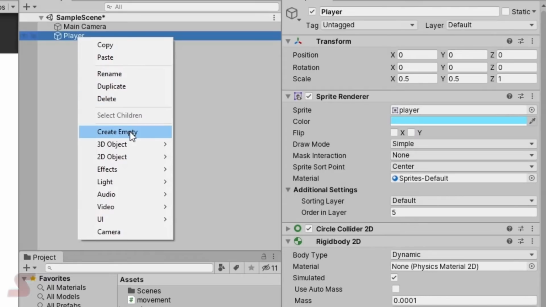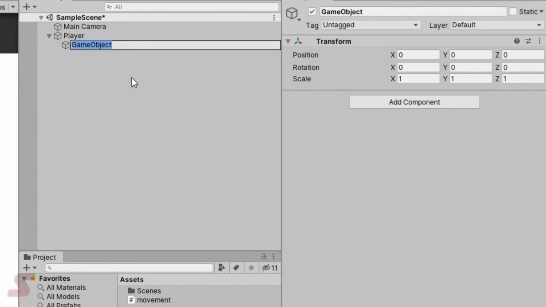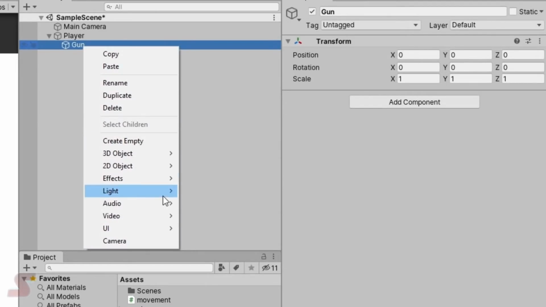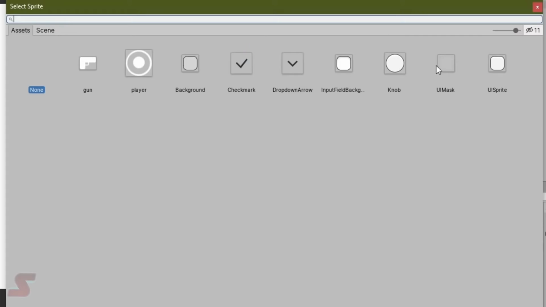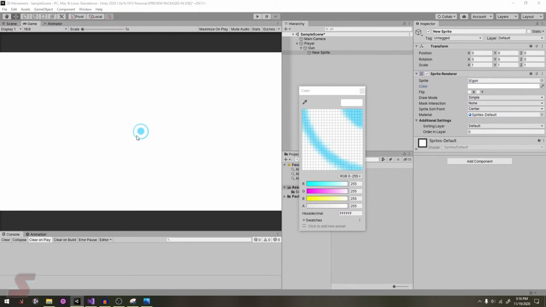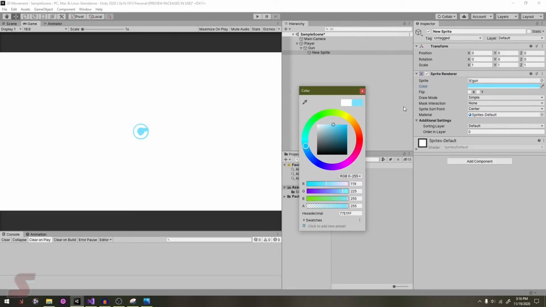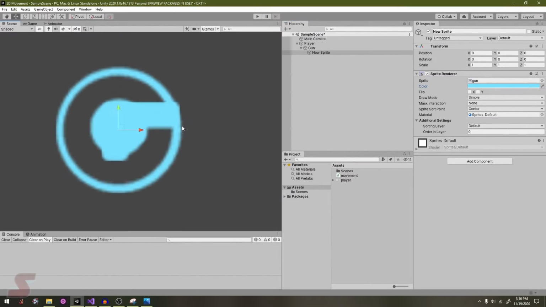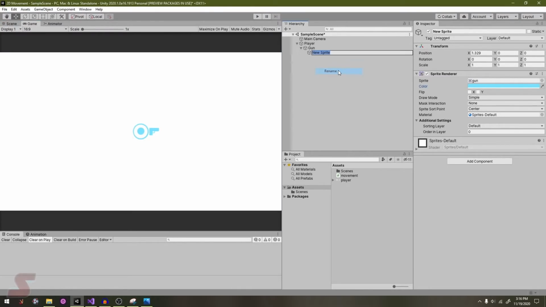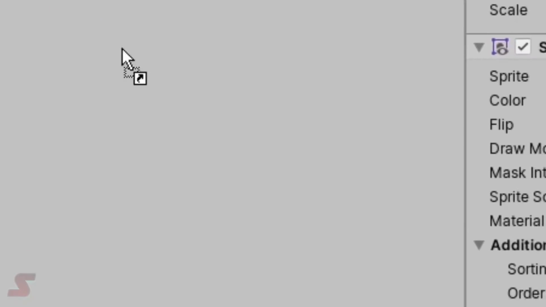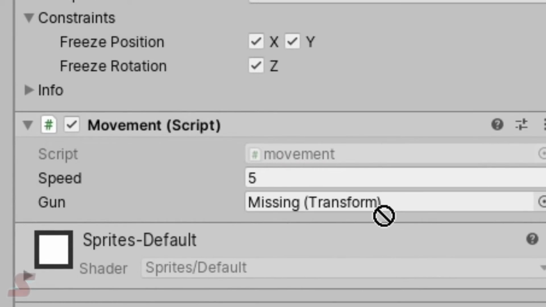So I'm going to right click on the player, press create empty, and rename this to gun. And I'm going to right click on this, go to 2D object, and create a sprite that I'm going to select the gun sprite with. I'm also going to change the color to the same color as the player and move the sprite over a bit. I'm also going to rename this to gun sprite. So I'm going to drag it in from right here,